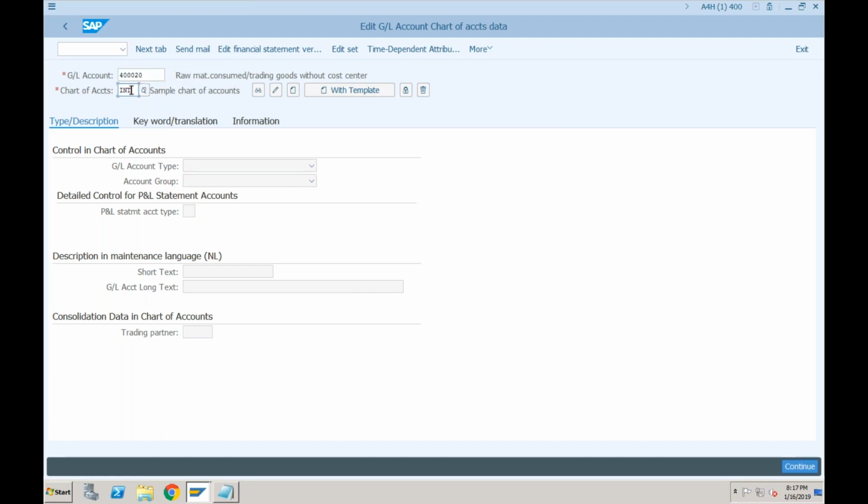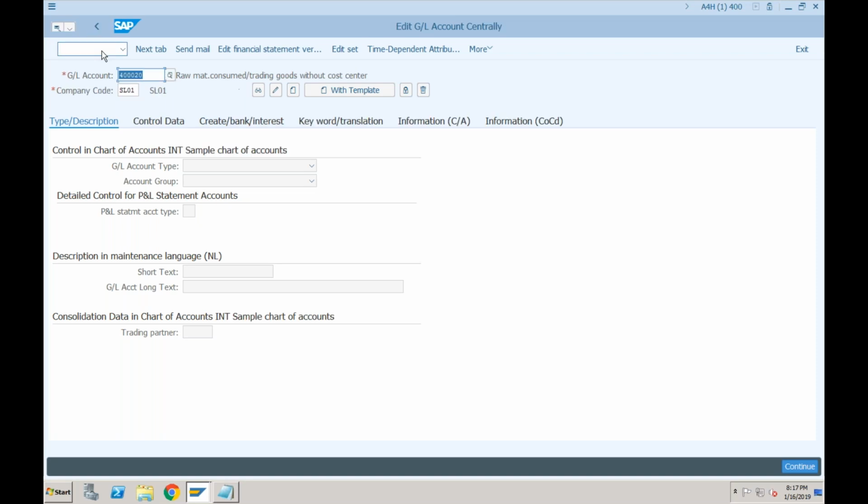This is not changed. Even in ECC we have two segments for a GL account, chart of accounts segment and company code segment. So that still remains the same. The only thing is that a separate transaction to maintain the cost element is no more required. Okay, so cost elements are merged within the GL. That is the change.